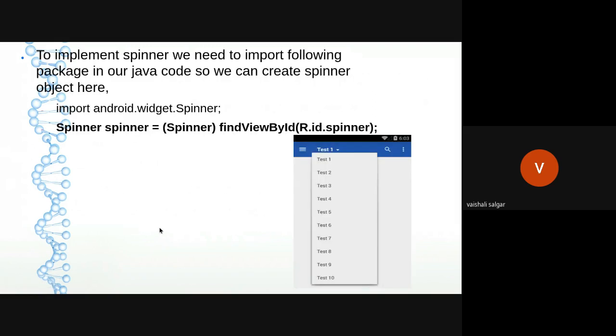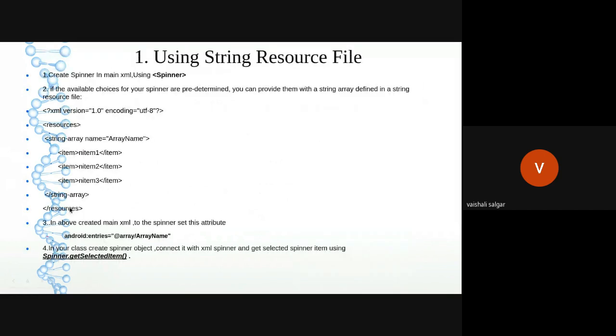Below these attributes, in order to link this set of values, we have to add one more attribute to the spinner, that is android:entries. This entries attribute allows us to set the list of values to the spinner, and the value is the name of the string array which we have mentioned in the string.xml file. So android:entries equals, in double quotes, with the